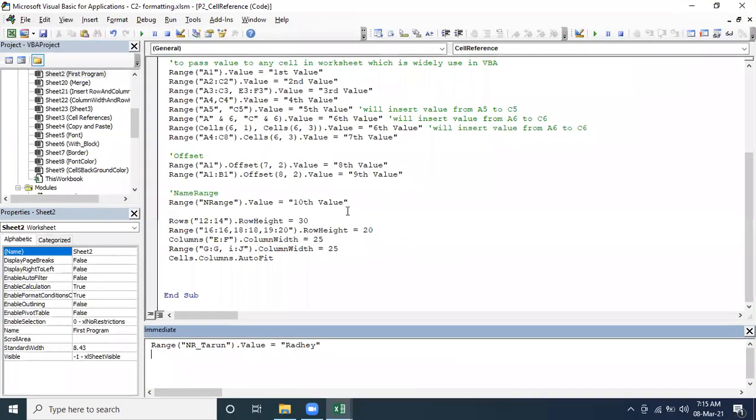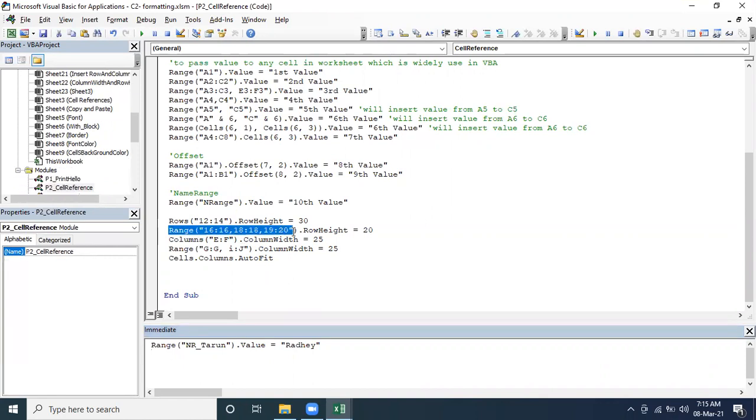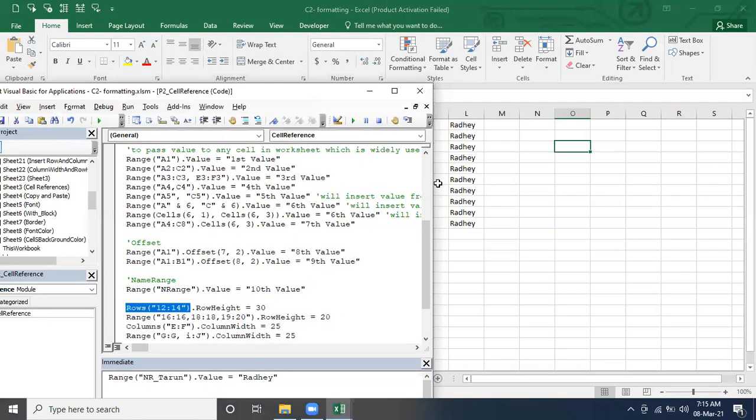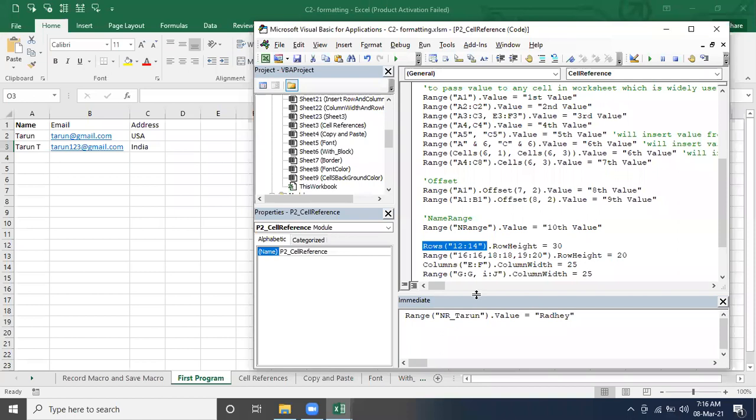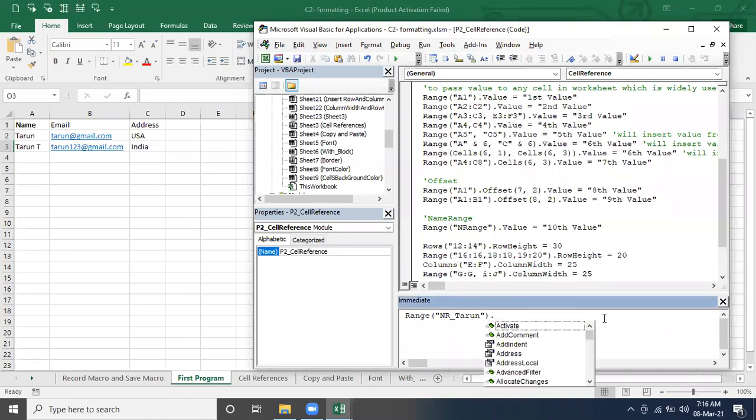So this is the one related to name range, and there are some other things we can do with respect to range also, like row height. But we have some other property or way to do the row height. This is related to the range only. If you go here, you see range, and there are many things to work on it. There are many lists here.